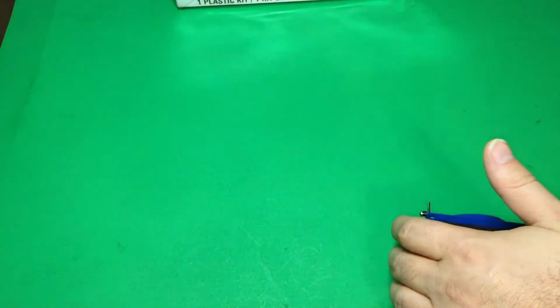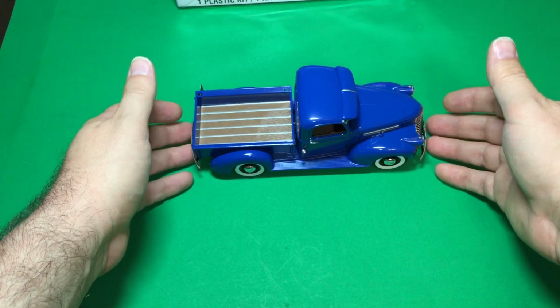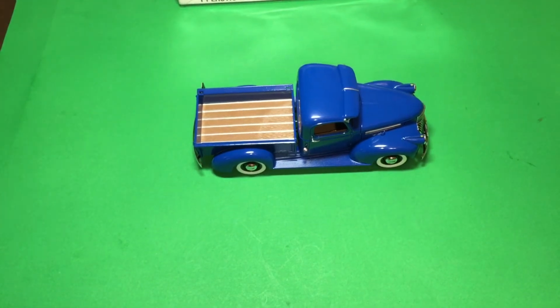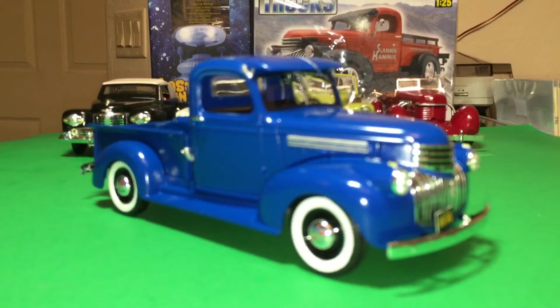Now I will show you the final kit here. I did this before I decided that I was going to start showing the whole kit before it's done, with all the parts and everything. I'm going to do that from now on when I do new kits, but this one I already had completed, and also the next one that I'll be doing. But I will remove the camera from the tripod so that I can give you a better view of this model, and stay tuned. Alrighty, so we're back,